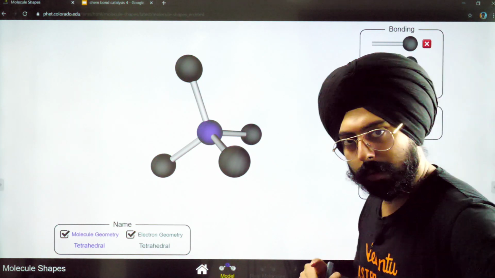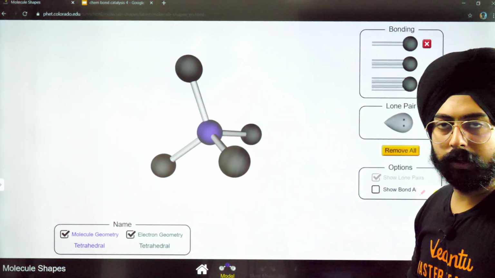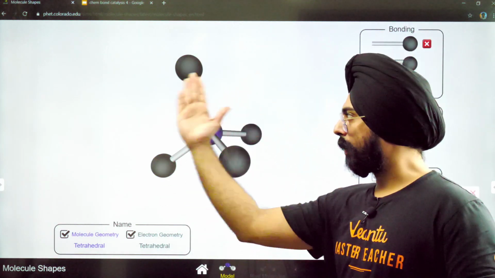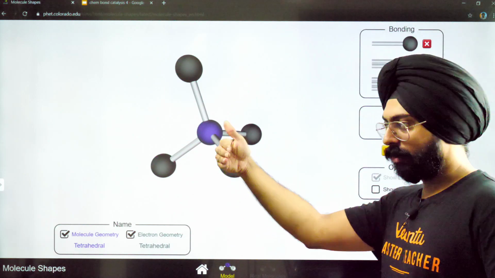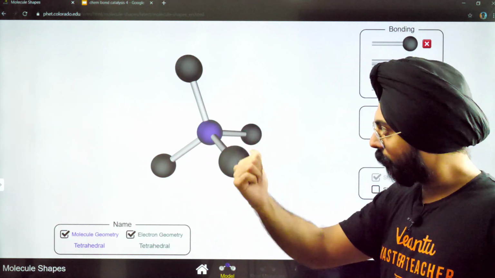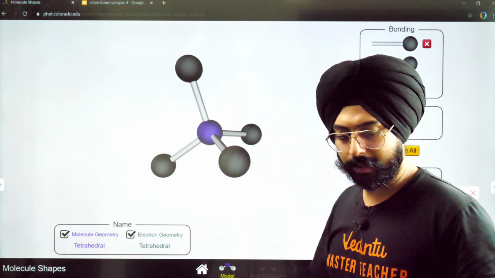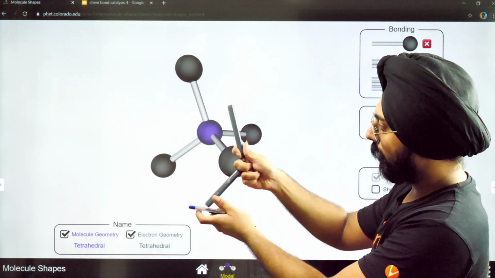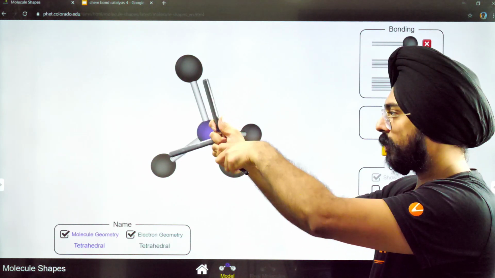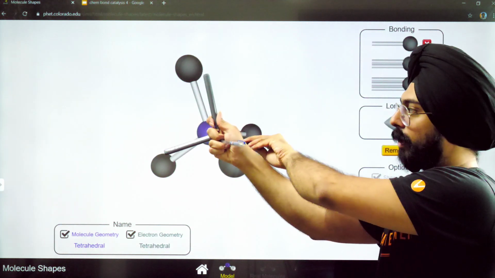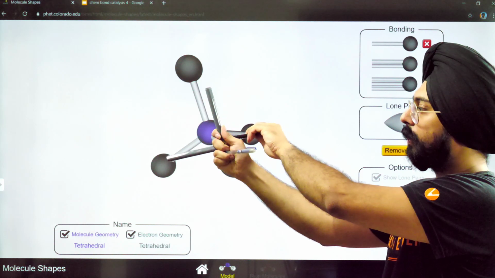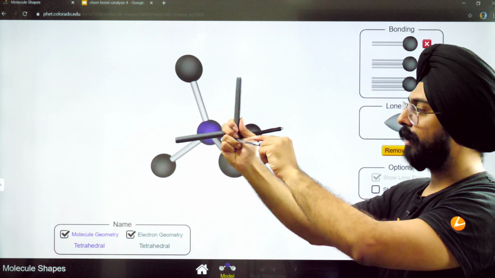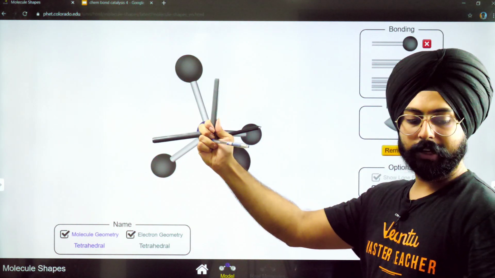Okay? So what we can do is this particular molecule, this bond and this bond are lying in the plane of the screen right now. This bond is coming out of the plane. This bond is going away from the screen. It's something like this. These two are in the screen. This bond is coming towards you. This bond is going away from you. It's at the back. I don't know how to fit so many in my fingers, but something like this. Can you see this? Can you visualize this?